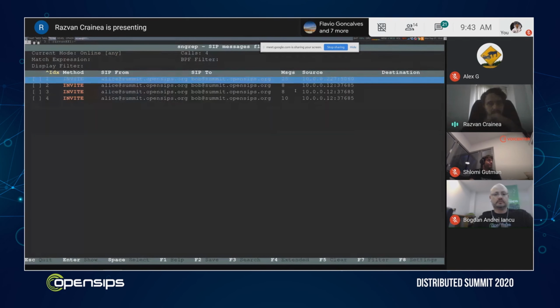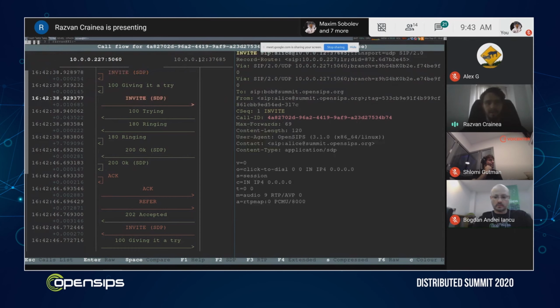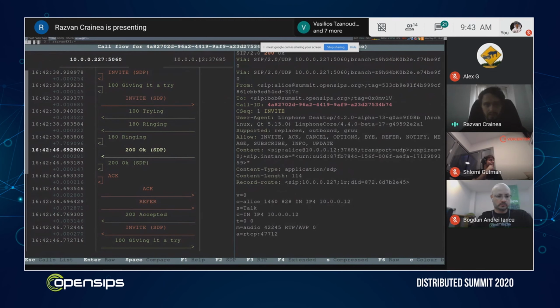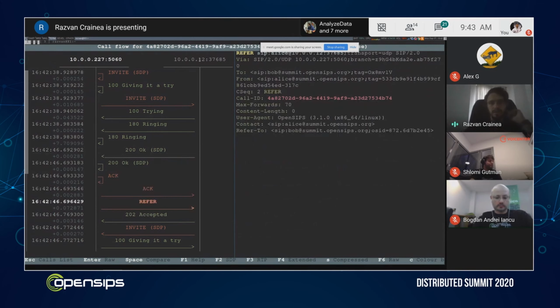Let us see how this works from a SIP perspective. Here you will notice an INVITE was sent by 10.0.0.227, which is my virtual machine. It was looped back to OpenSIPS and relayed further to 10.0.0.12, which is Alice, my Linphone. It started ringing, and as soon as I answered, the 200 OK was sent back, ACK, and so forth. As soon as the call was ACKed, a REFER was triggered